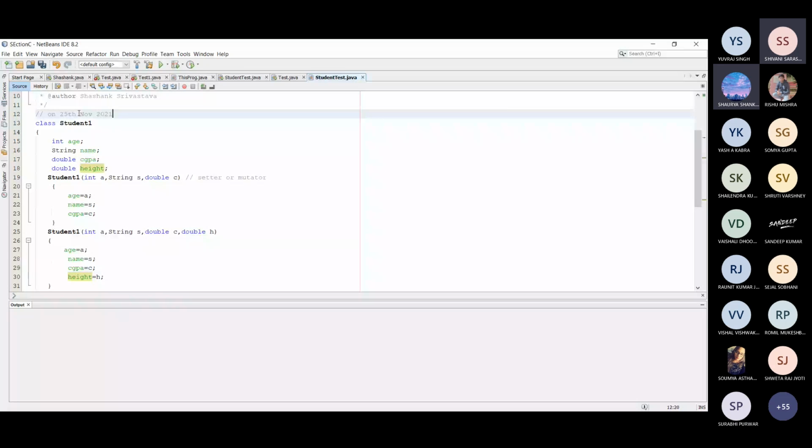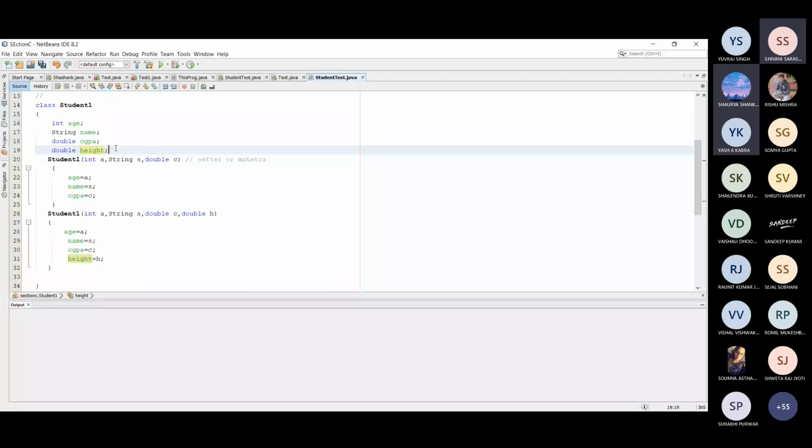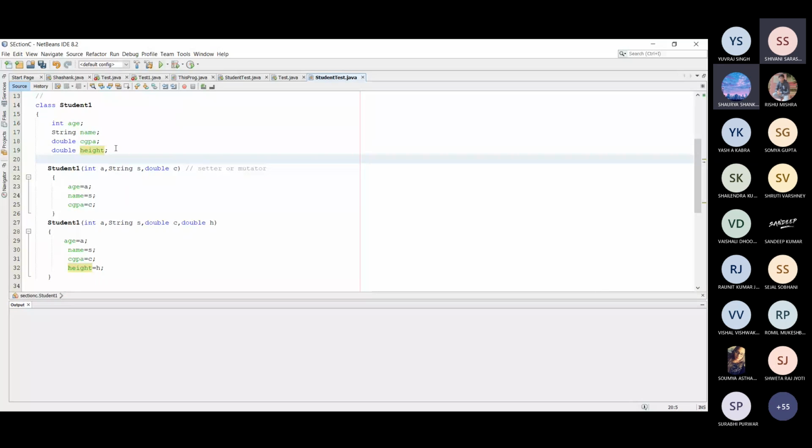After 1 year, if any programmer would like to change this program, suppose the new programmer would like to add another variable like integer roll number, suppose this is the extra parameter.